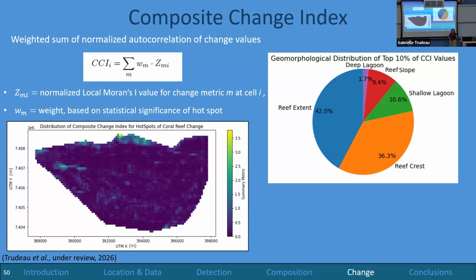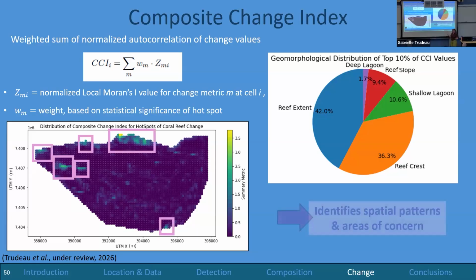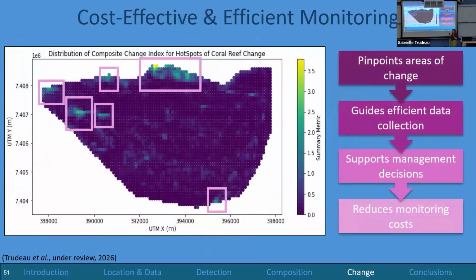But as we saw on the hotspots change side, we can't just look at this plot by itself because this change is not uniform across the reef. So we can actually take a closer look at which spots are changing spatially in order to highlight areas of concern. Let's zoom in on this product as well, because I think this product is where this work really shines. This product shows that we're able to pinpoint areas of change.